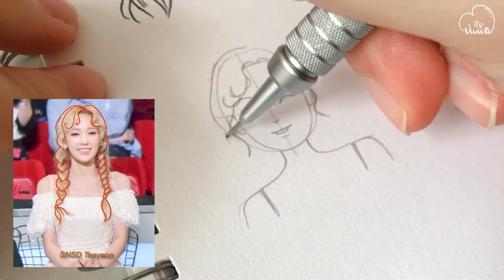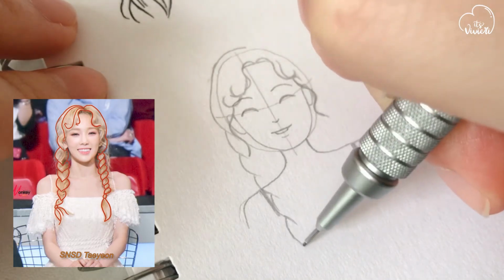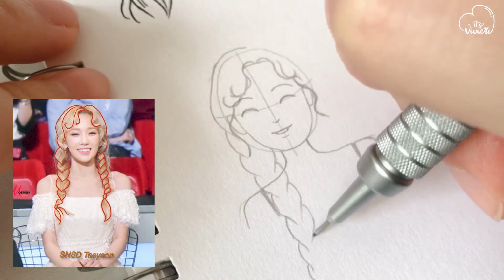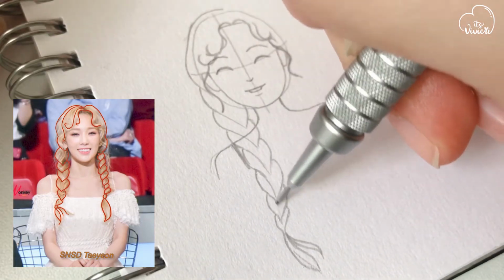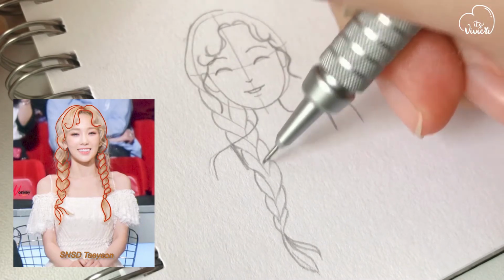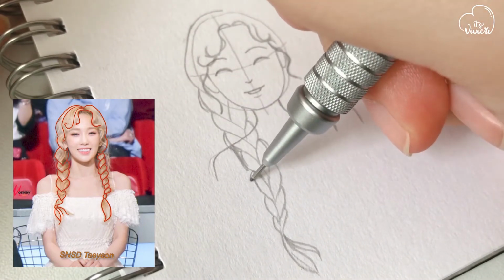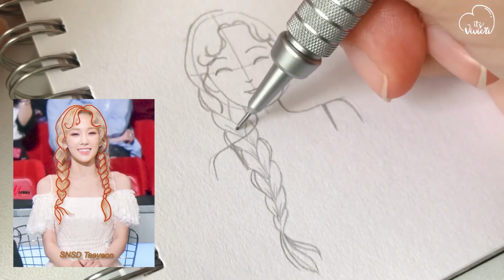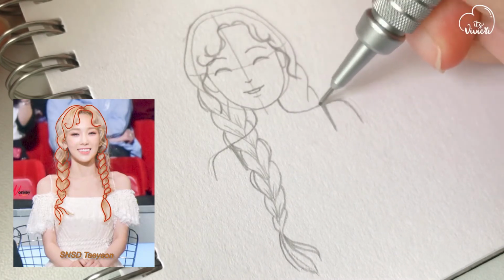Anyway, when it comes to drawing braids, I always start by drawing this shape that looks like an incomplete heart shape. Once I draw the shape, I start to connect the end of the left line to the end of the right line. This is very hard to explain, so you gotta see how I draw it. Once you connect the line, it will kind of look like a V shape. And then you can just start to add in more details.